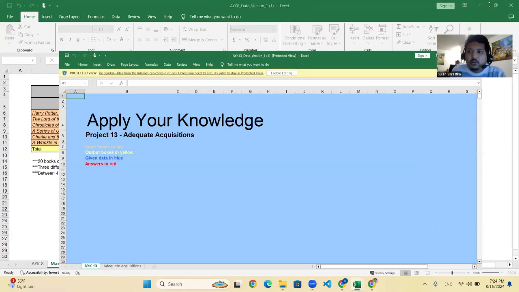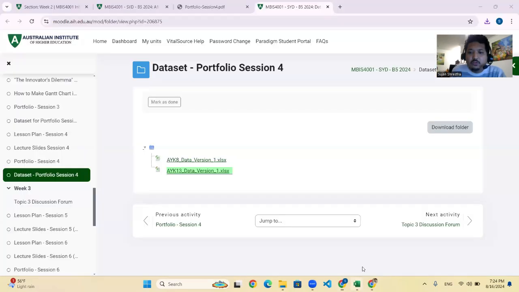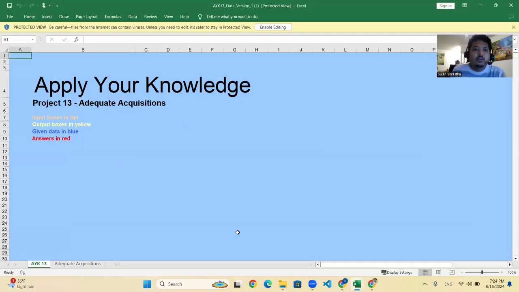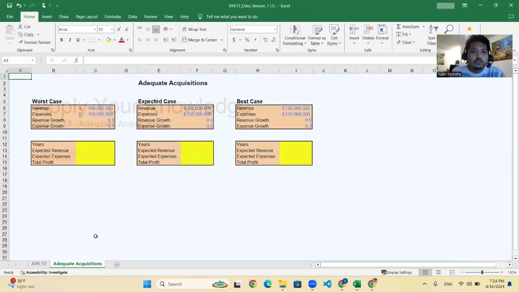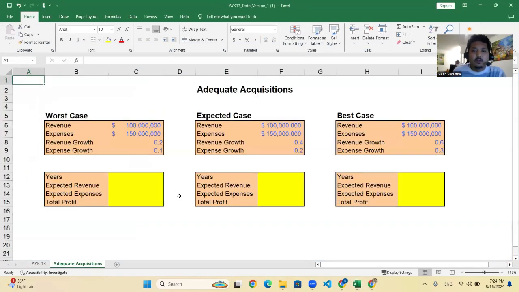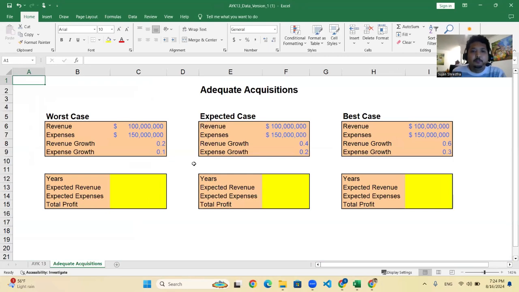Same file. Okay, I will minimize this. Okay, this is the file. I will enable editing. Go to the acquisition. So this is the file I have downloaded from the given